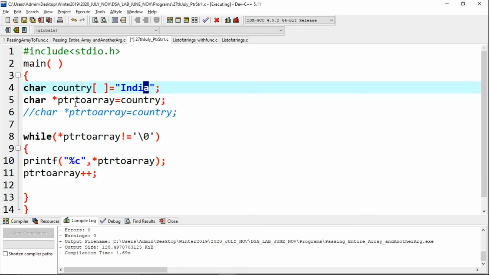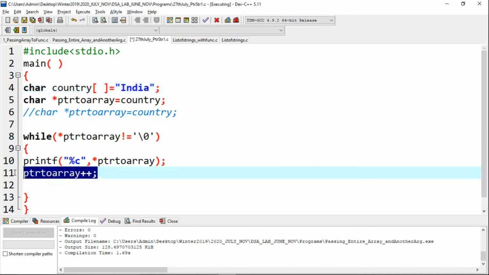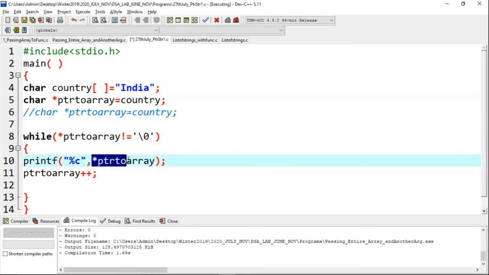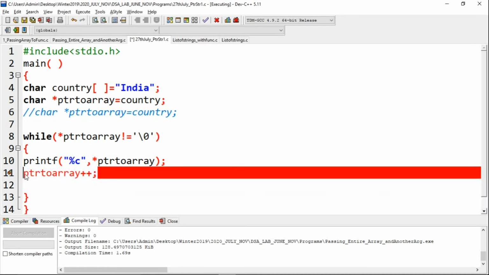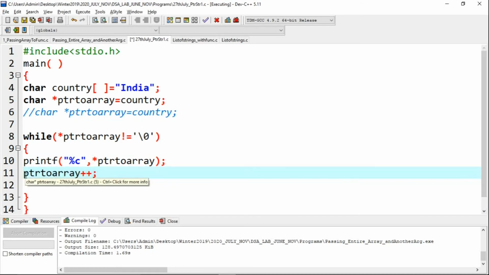By this way you can print all the characters of this array. Remember, while displaying, when incrementing the pointer, don't put a star, otherwise you will get the address and won't get the value. So this is the program.